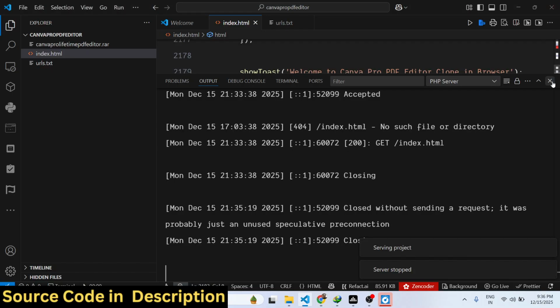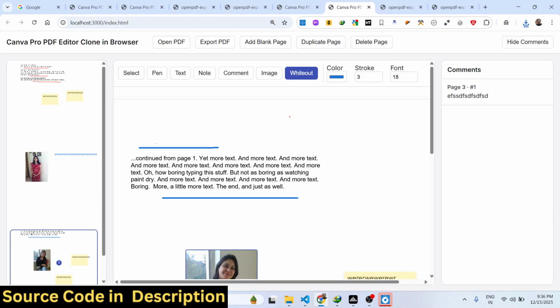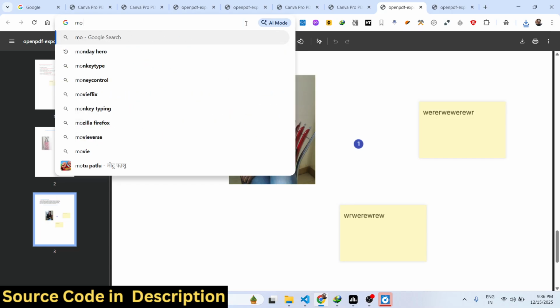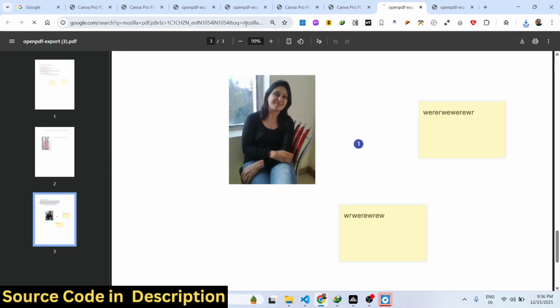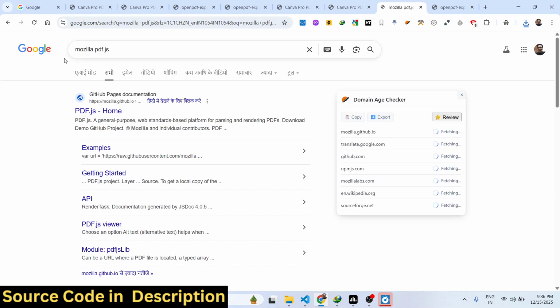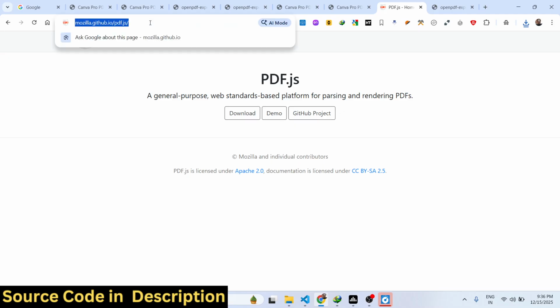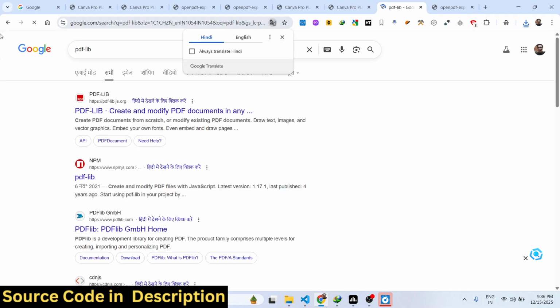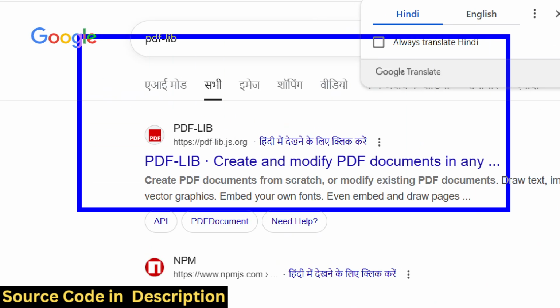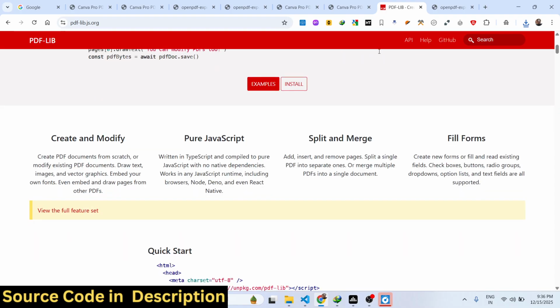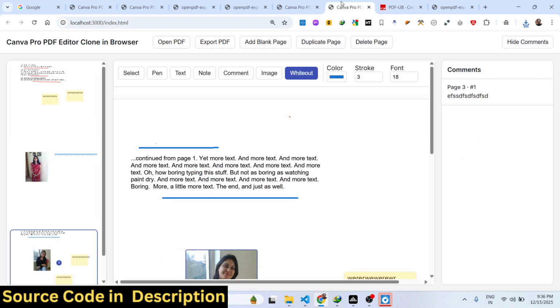If you are interested, guys, you can actually use this. For building this, we are using these two libraries. First of all, Mozilla PDF.js, which is a JavaScript PDF library, and also we are using PDF-LIB, which is also a JavaScript library for modifying PDF documents. So we are actually using these two libraries to build this complete Canva clone PDF editor